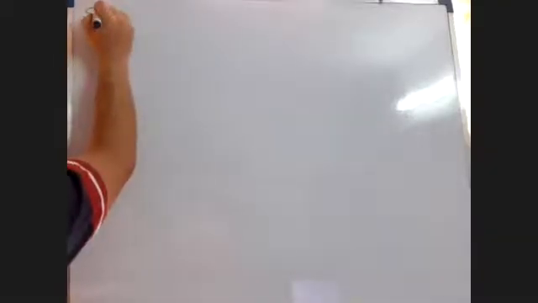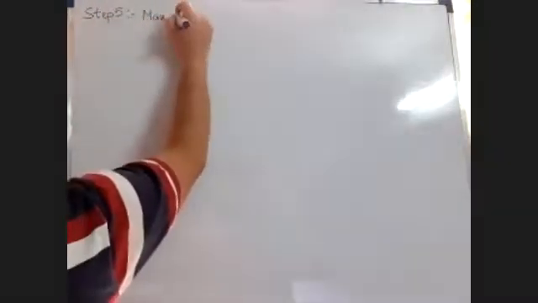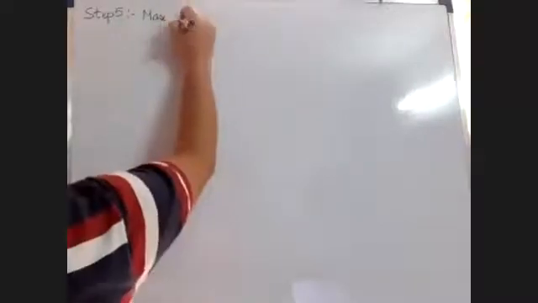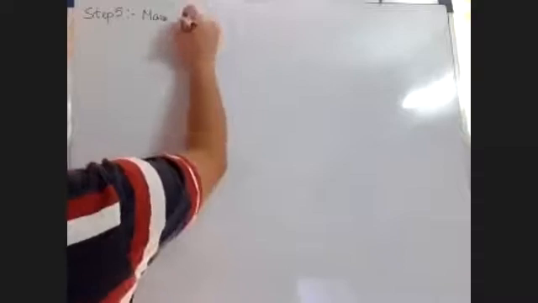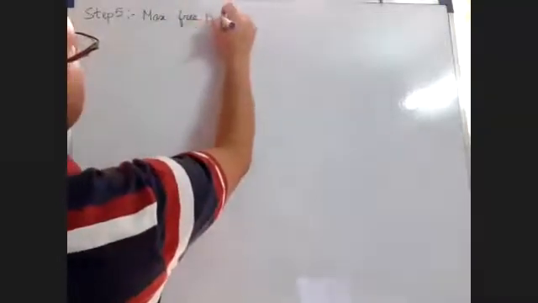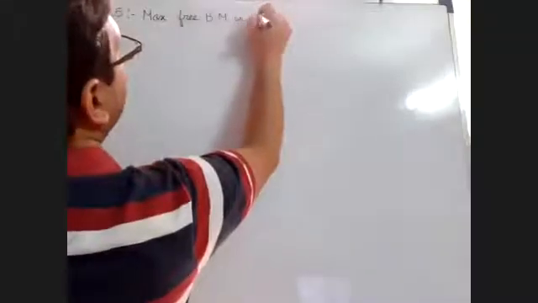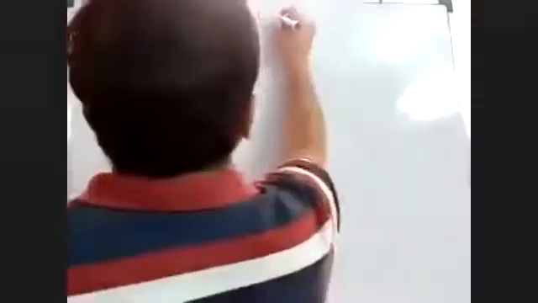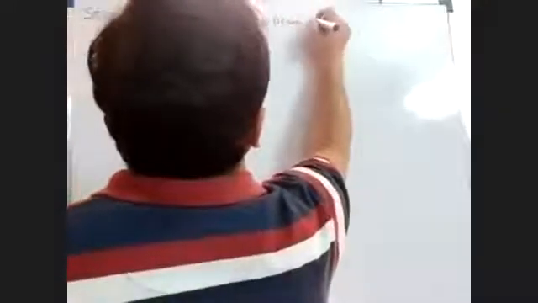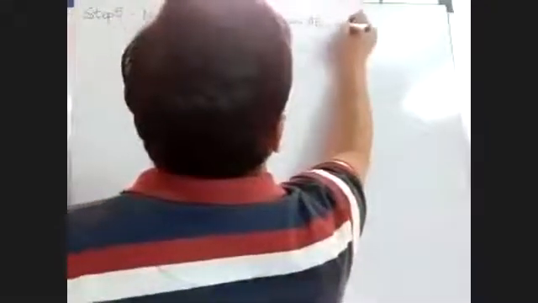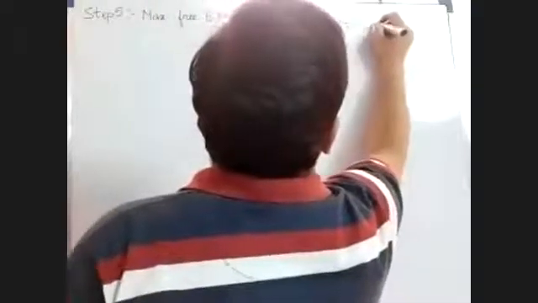Okay. So next step, step 5. We have got the maximum free bending moment. So step 5, the maximum free bending moment in the beam AB is 120 kilonewton meter